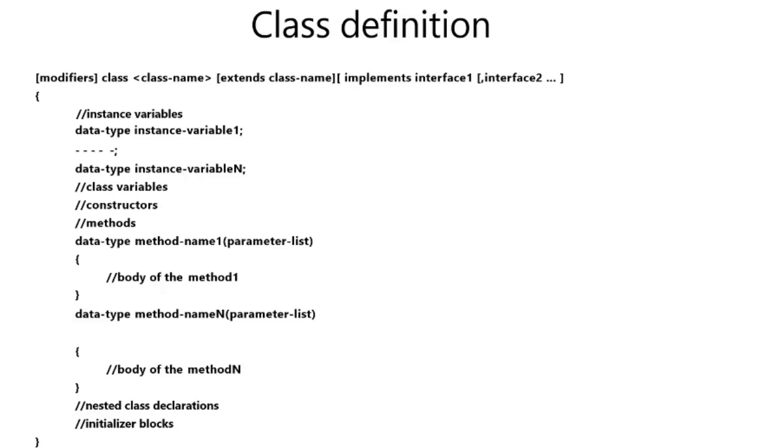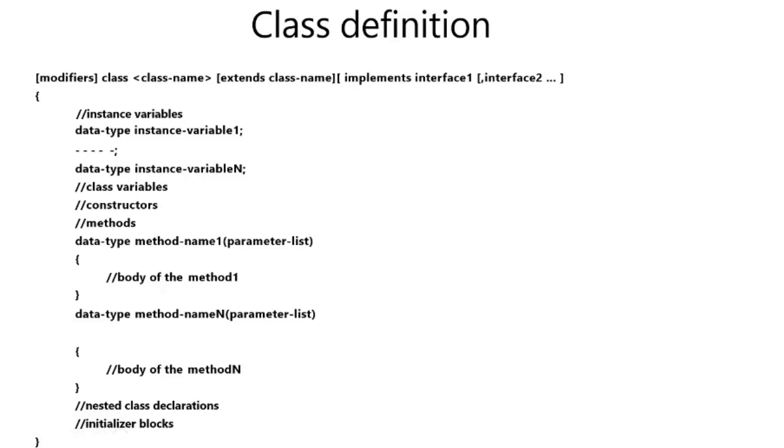So this is the structure of the class. See what the syntax is. The very first part is the modifiers, then the class keyword, and then the name of the class, then extends, class name, implements, interface 1, 2 and so on. Now here the modifier is the optional part, which is given in the square brackets. Class is the keyword. Then here we are providing the user defined class name, that is compulsory, hence it is given in these angular brackets.